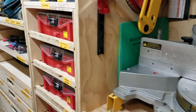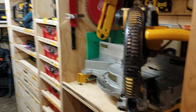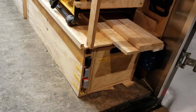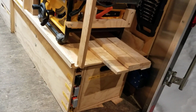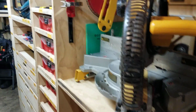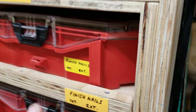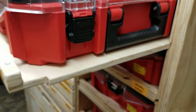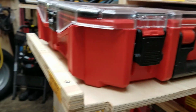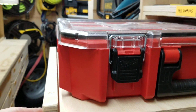So when I was able to come back and reorganize and rebuild the left-hand or the right-hand side here from the tool garage on out, with only the level garage down here being the original cabinet that I kept, that was on that side originally, everything else was rebuilt. So when I redesigned this, I simply took advantage of basically drawers, because all of these actually slide out, so they're really drawers, but they have no front, they have no sides, and they have no back. They simply have this retaining lip, which is just a 3/4 by 3/4 piece of plywood,